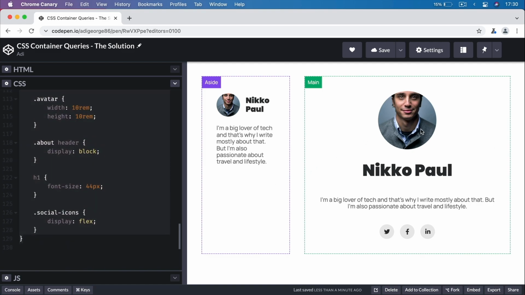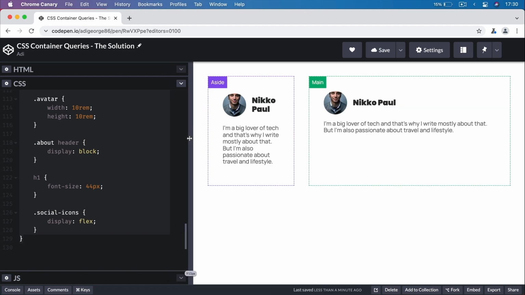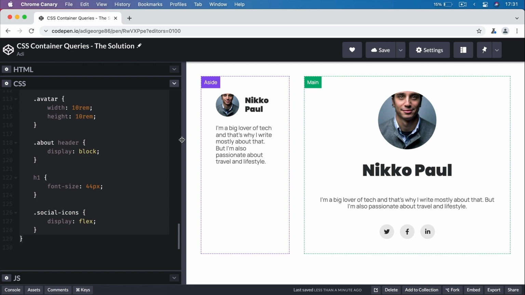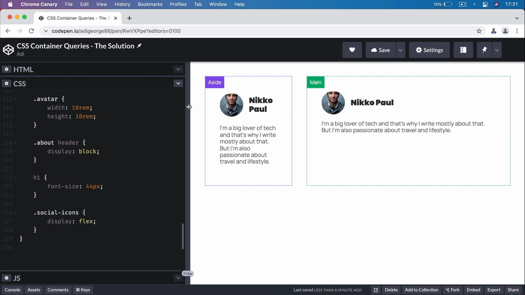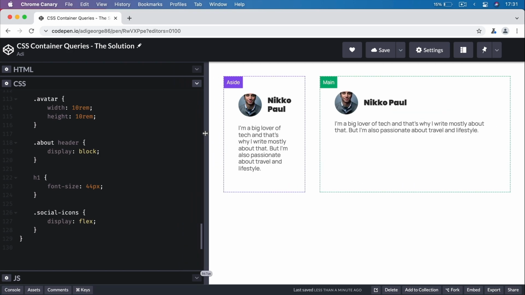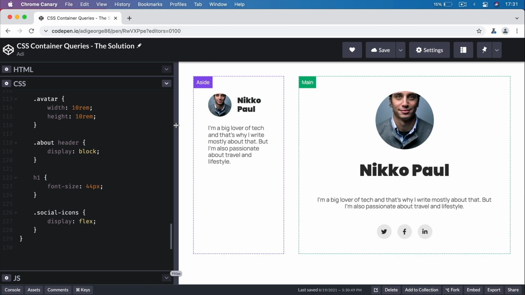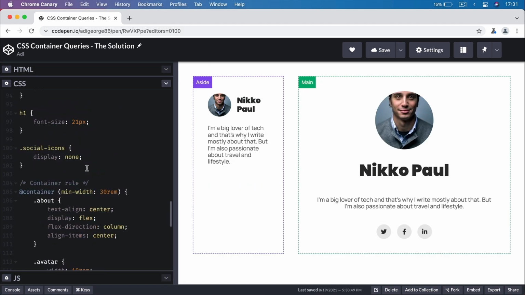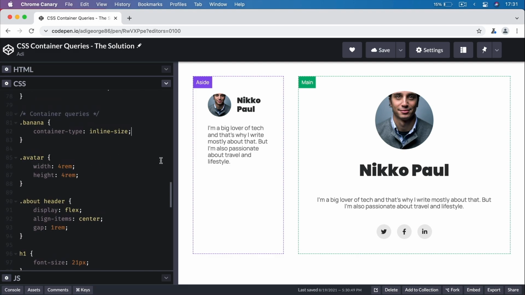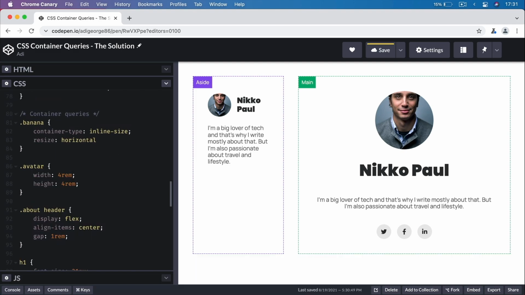And we get the second version here. See how that changes? And you might say that, okay, Adi, but you're still changing the viewport size. Well, I'm changing the viewport size because these elements are directly linked to that. So changing the viewport size changes the width of the element. That doesn't really matter. For example, I can target, let's say, the banana, and I can say resize horizontal, and